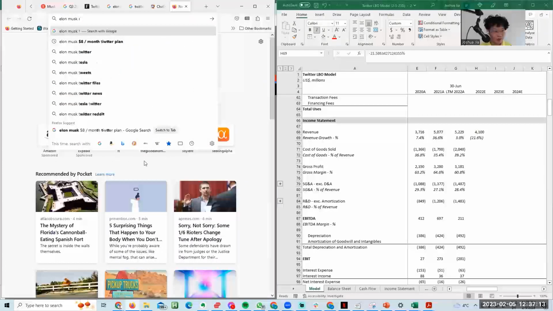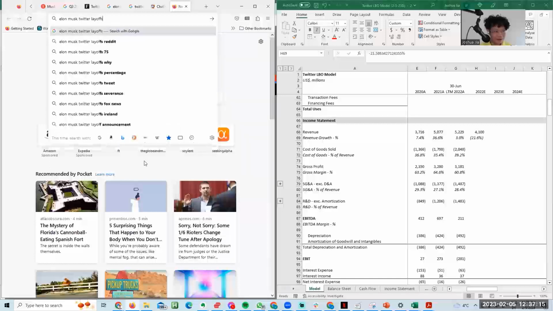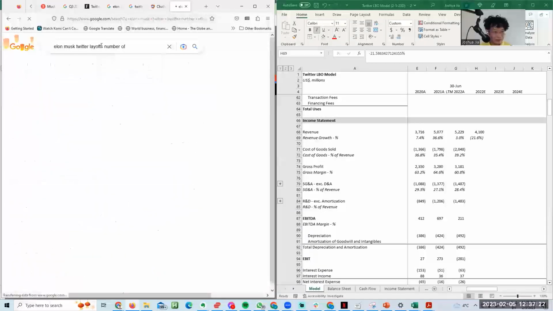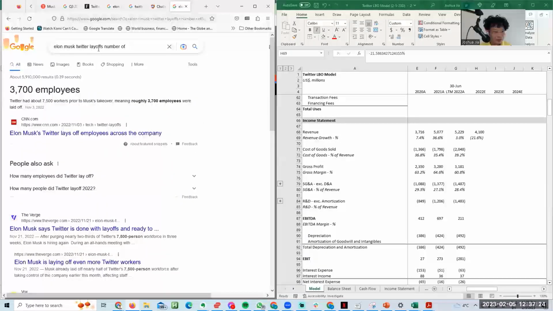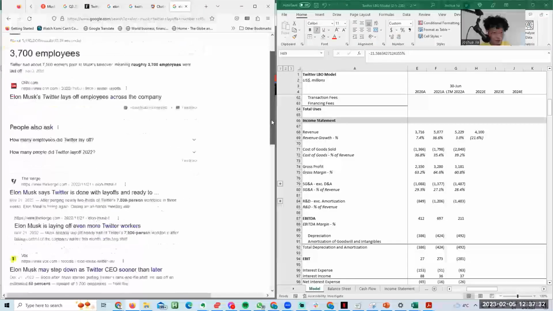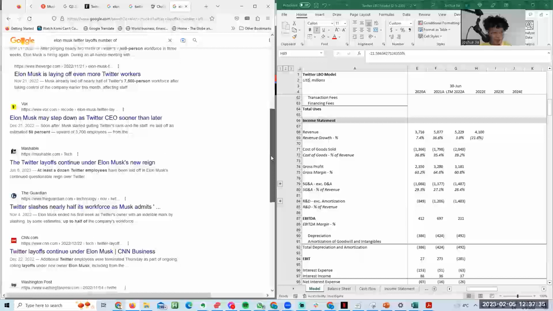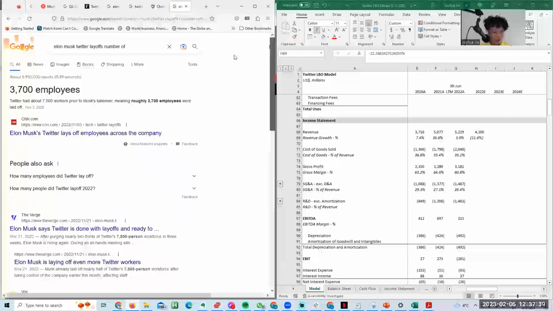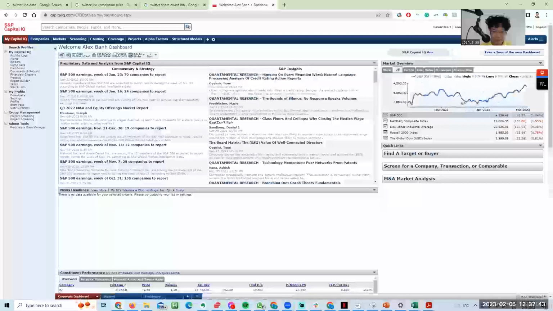Elon Musk Twitter layoffs. So about half of the employees were laid off, right? We don't know the exact breakdown of how much those cost, so we can't just cut SG&A in half because there are going to be other costs in there too. But what we can do is take a look at Twitter's